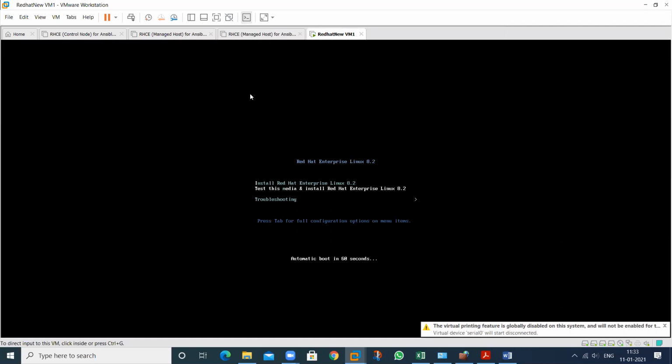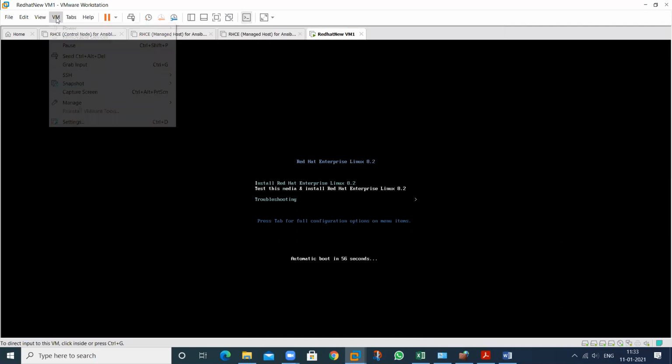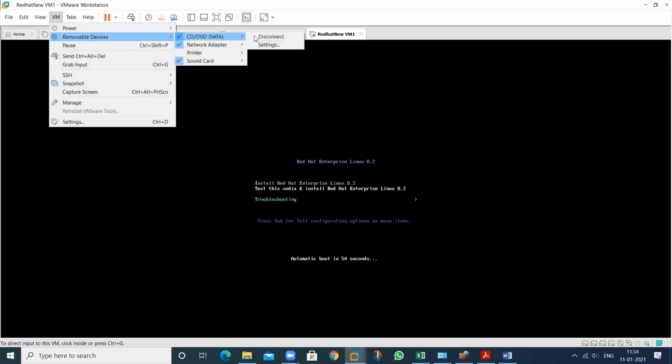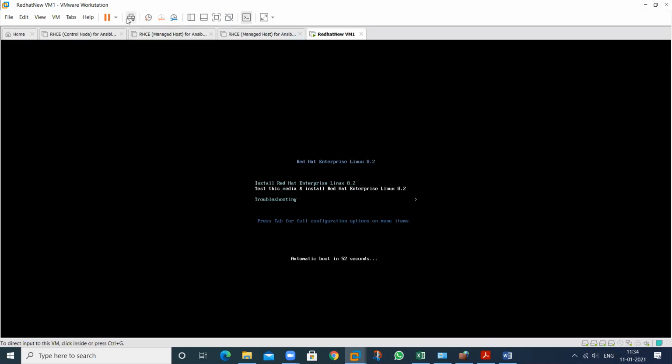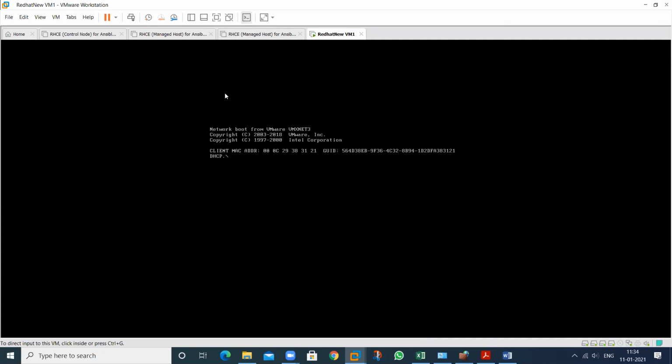See this one. If I remove this one, again another error. If you add the hard disk, the machine will not understand which particular hard disk to use to start, because at this time we have 4 hard disks in my system.